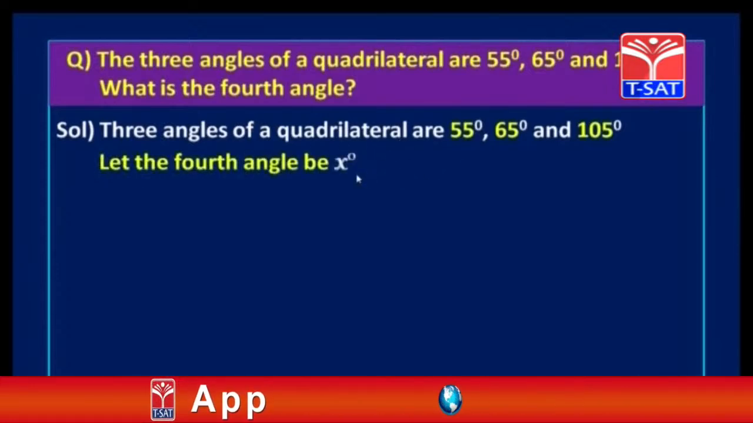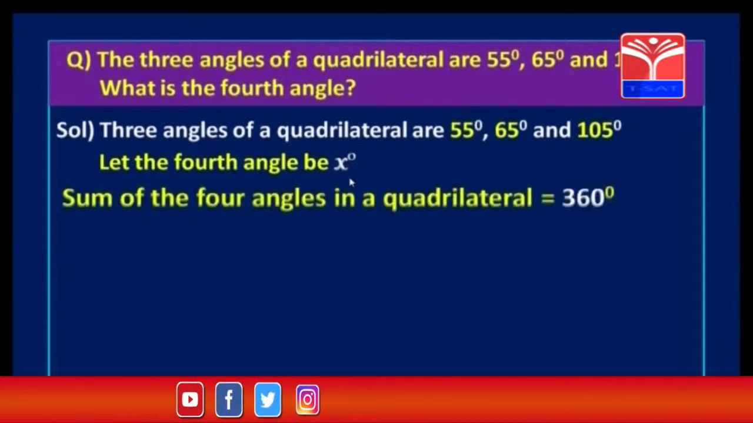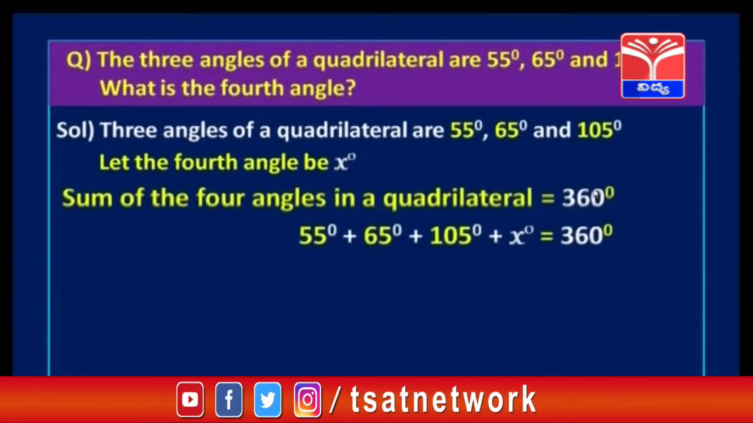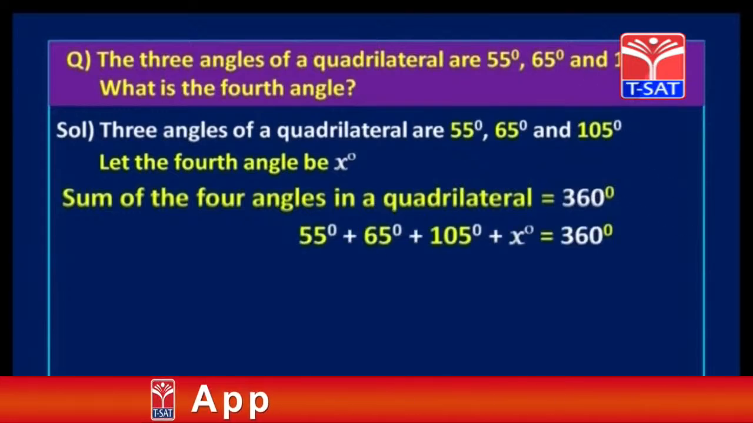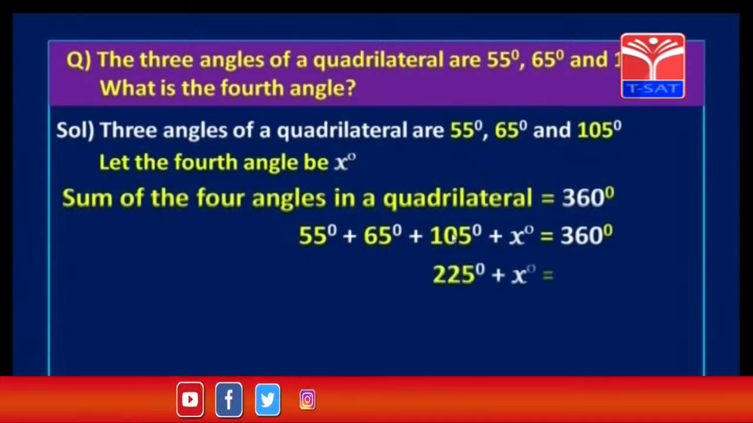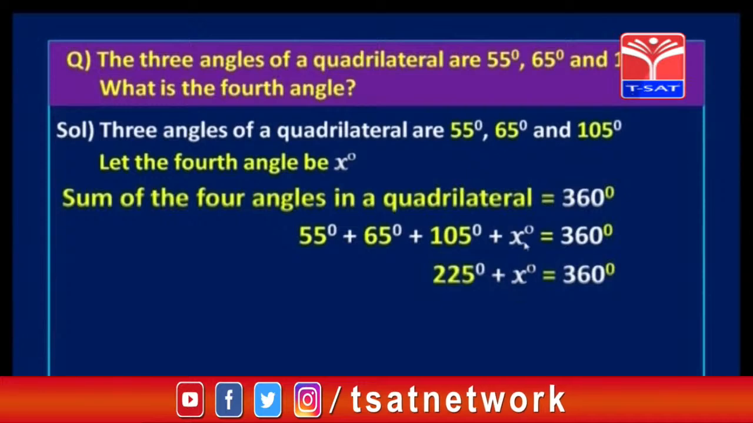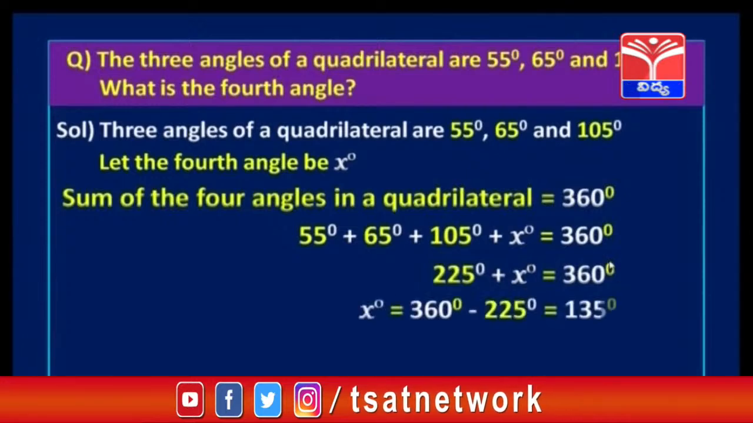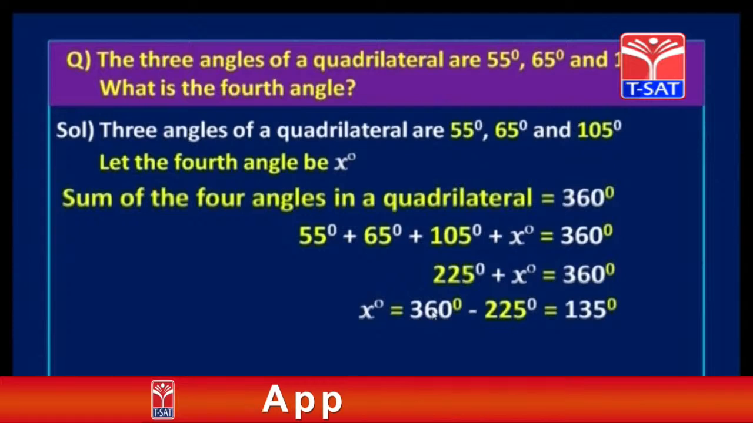Let the fourth angle be x degrees. Given three angles are 55 degrees, 65 degrees and 105 degrees. I am taking the fourth angle as x degrees. You know that sum of the four angles in a quadrilateral is equal to 360 degrees. So what I am doing, children? Yes, I am adding these three angles along with x degrees so that I will get 360 degrees. 55 plus 65 you will get 120, 120 plus 105 you will get 225. So 225 degrees plus x degrees equal to 360 degrees, or I can say x degrees equal to 360 degrees